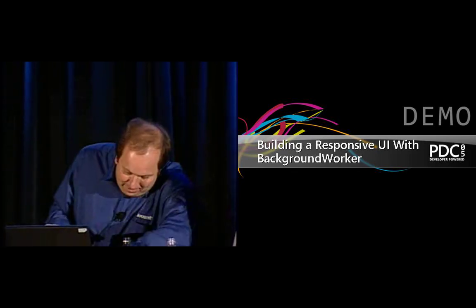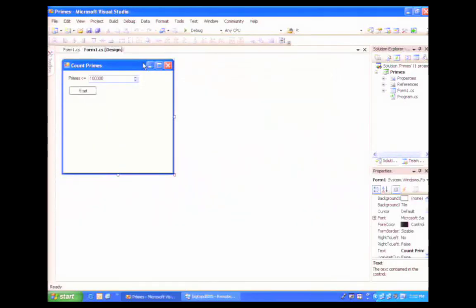So let's have a demo here. I have a fairly simple application that we will evolve through the course of the talk. The application is to count the primes. How many primes are there less than 100,000? So we run this